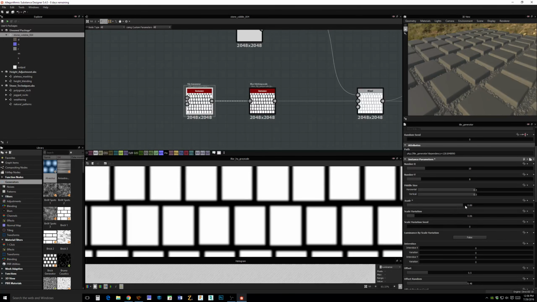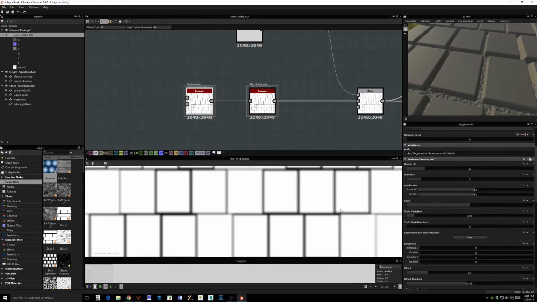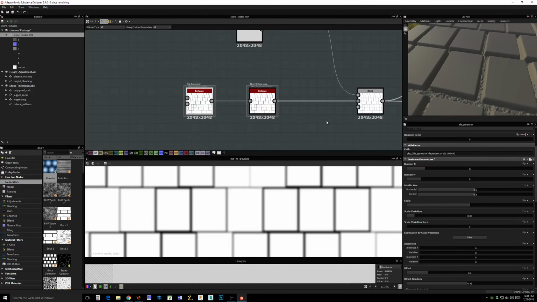One thing you have to do with bricks like this is that you have to play a lot with the scale, because as soon as you start adding the mortar or whatever it is in between the bricks and how that fills up between the spaces, sometimes it's a little bit hard to see when you're just looking at the grayscale map from above like this to try to judge what you're going to get in the end,